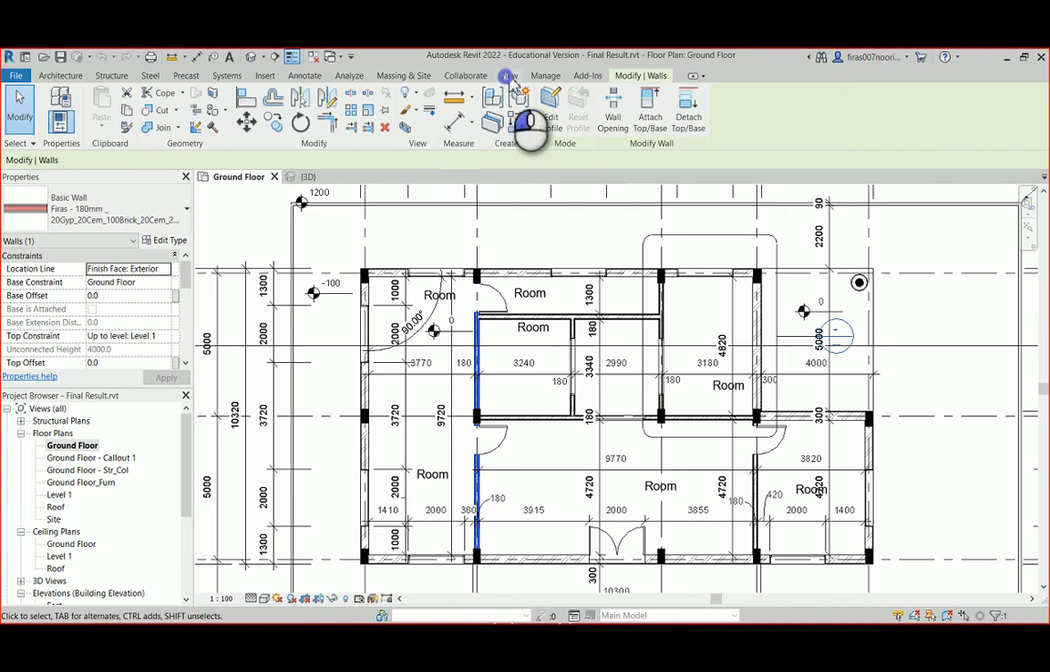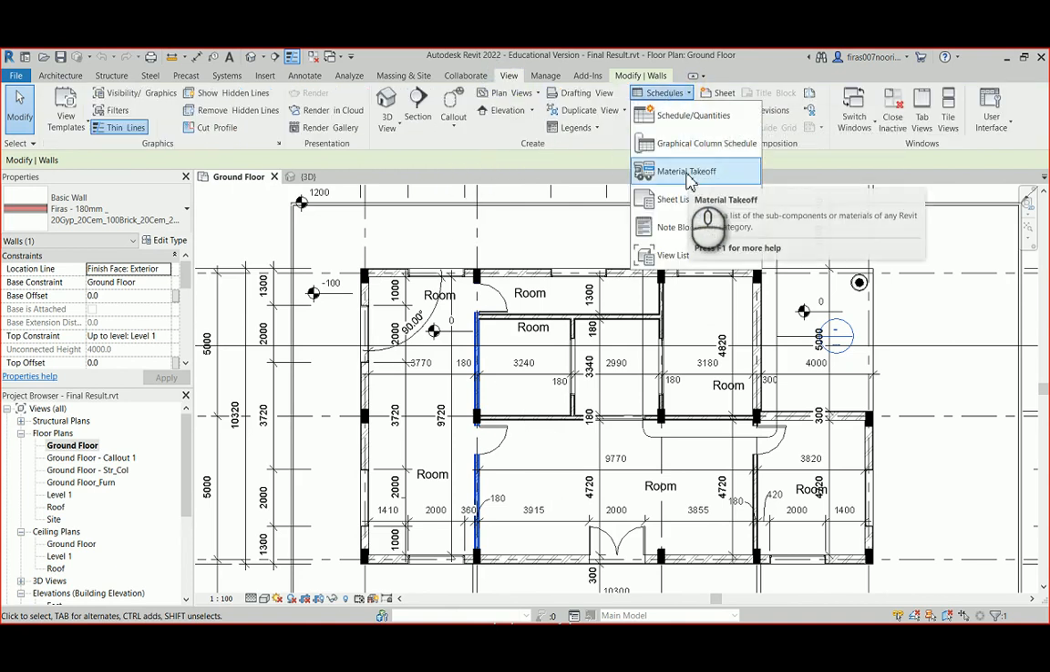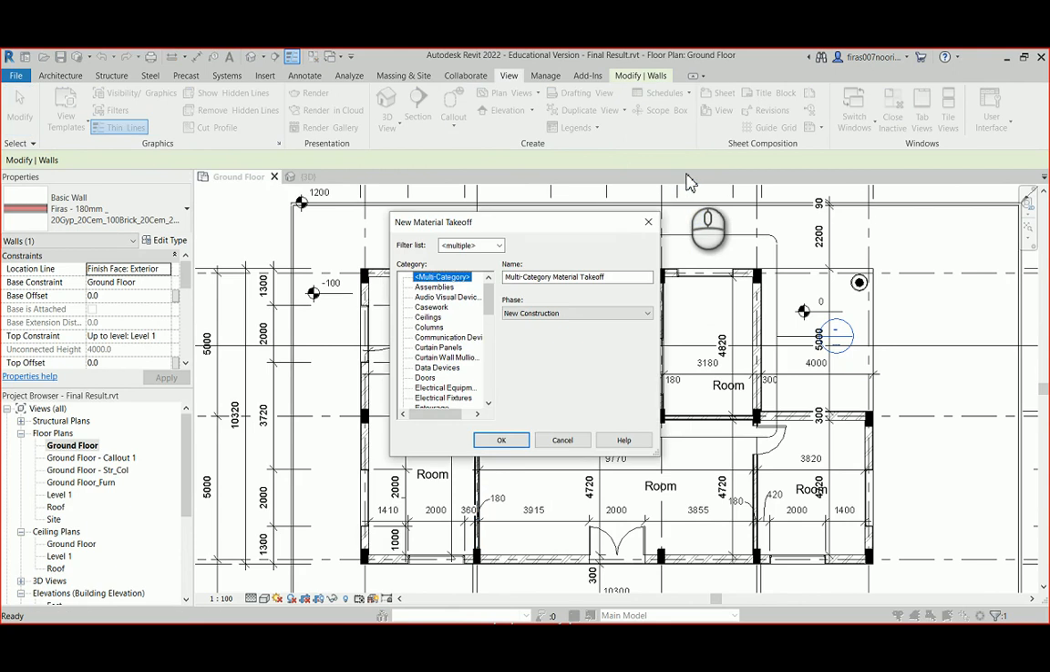So let's go to View and Schedule, and we'll go to Material Takeoff. The material takeoff has the ability to deal with objects and sub-object layers of the architectural components. So it can take the wall as itself and deal with it as a box, and it also has the ability to disassemble its main components and then know the area and the volume of each one of those. So let's start by picking the category we want. I'm going to go for Walls and hit OK,